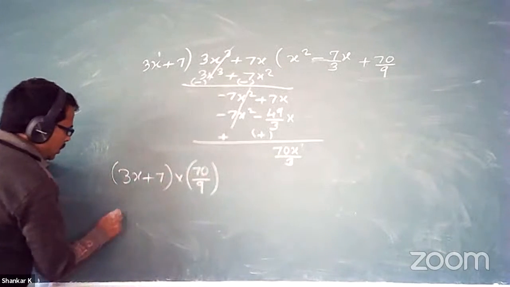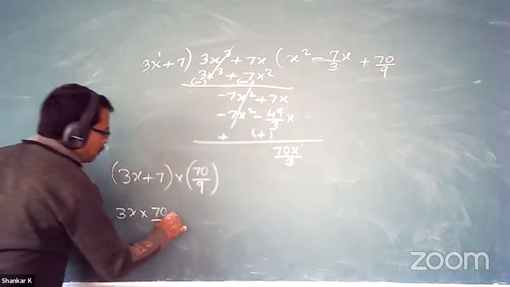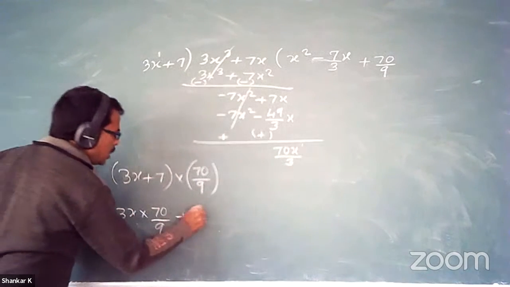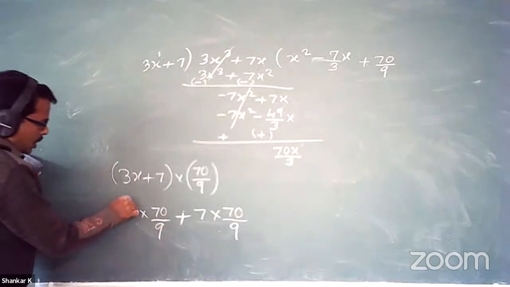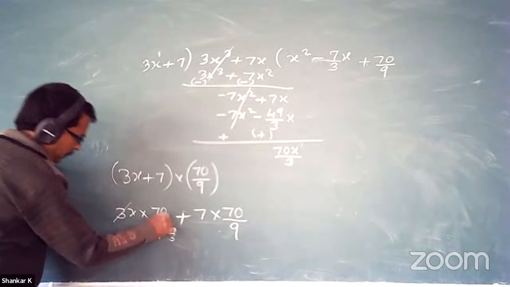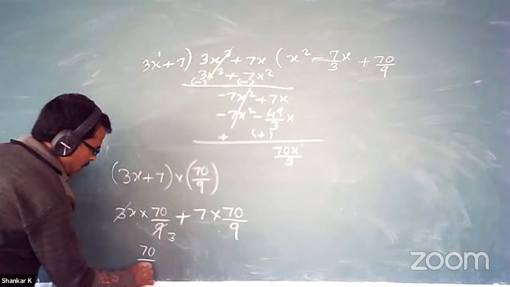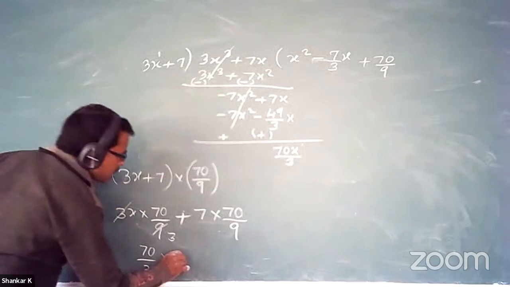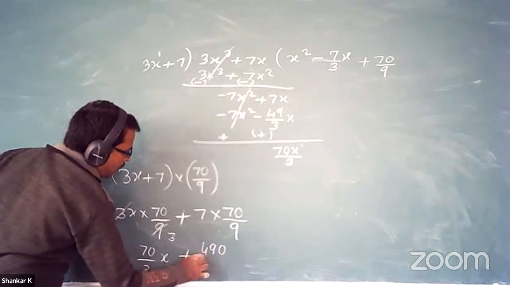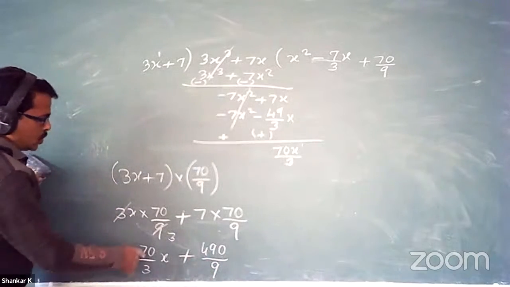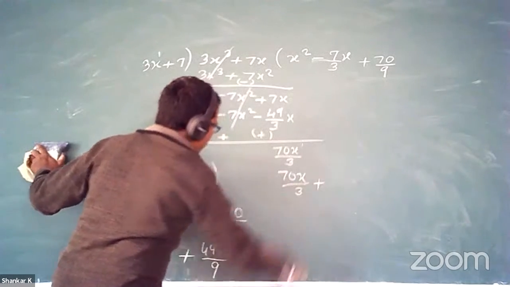Multiply this: 3x into 70 divided by 9 plus 7 into 70 divided by 9. So 70x by 3 plus 7 7s are 49, and this 490 divided by 9. So you write this here: 70x divided by 3 plus